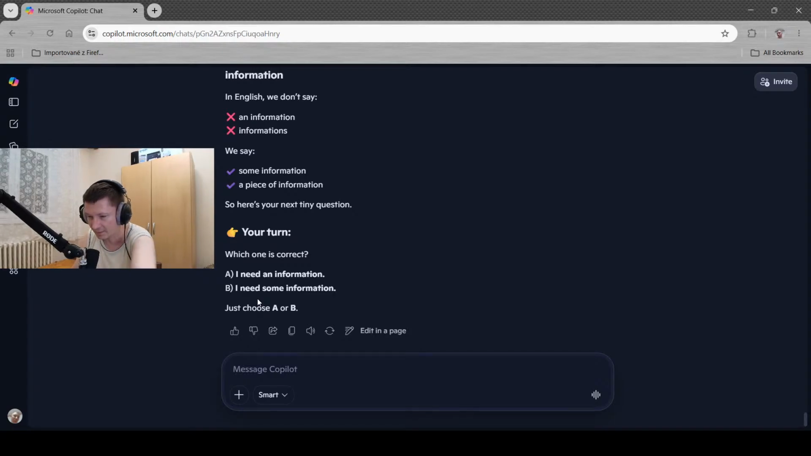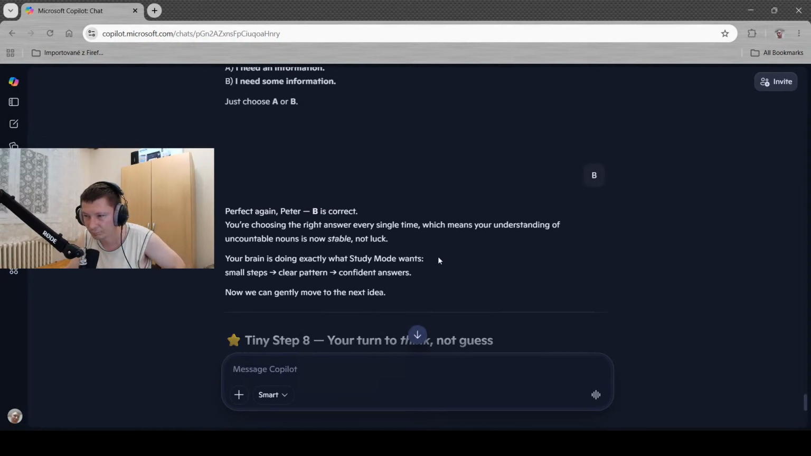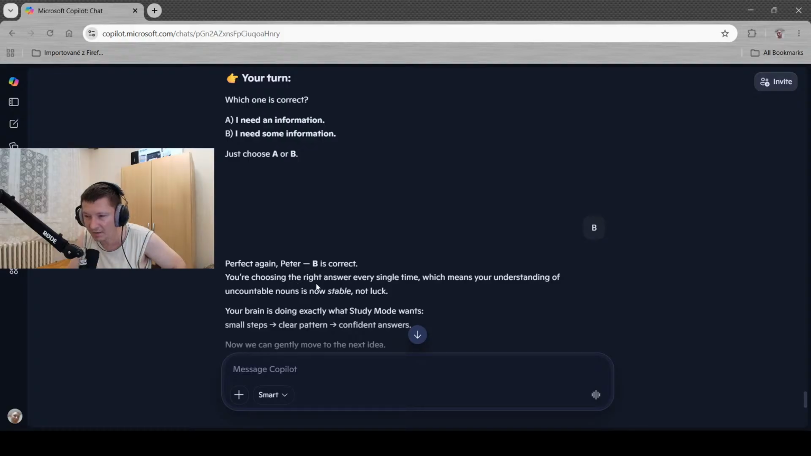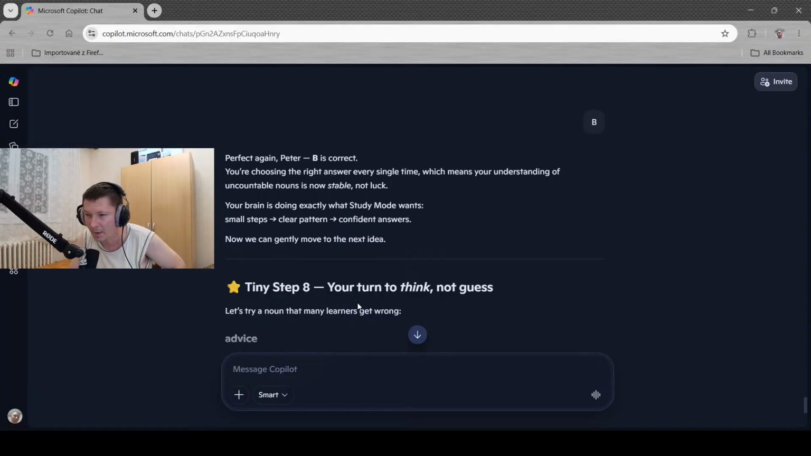Okay, here is the answer. B. Perfect again, Peter. B is correct. You're choosing the right answer every single time, which means your understanding of uncountable nouns is now stable, not luck. Your brain is doing exactly what study mode wants. Small steps, clear pattern, confident answers. Now we can gently move to the next idea. Tiny step 8, your turn